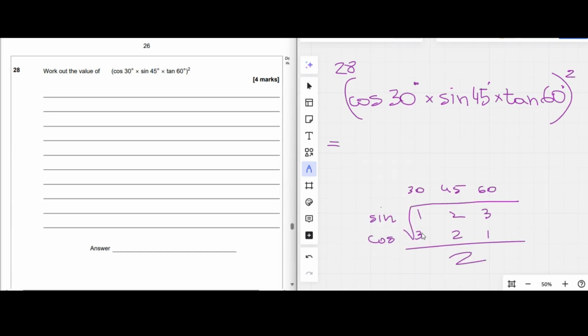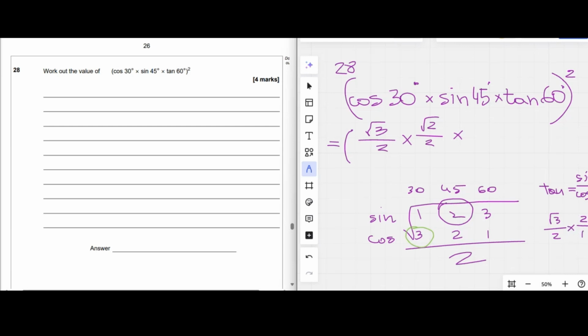Cosine of 30, so square root of 3 divided by 2, times sine of 45 is square root of 2 divided by 2. Tangent is sine over cosine. Sine 60 is square root of 3 by 2 times cosine of 60 is 1/2, but division